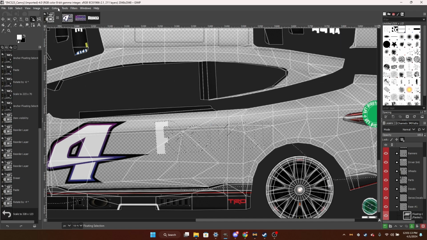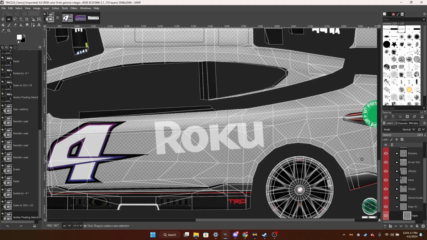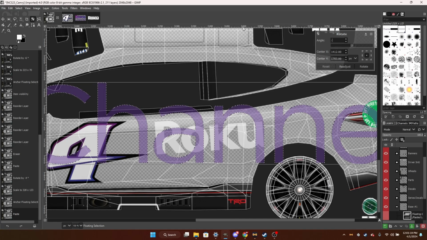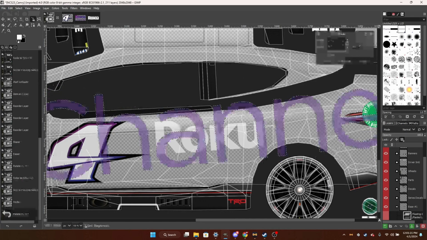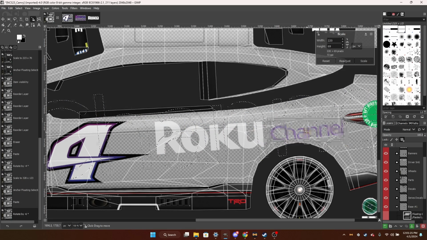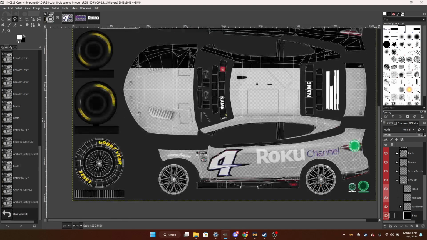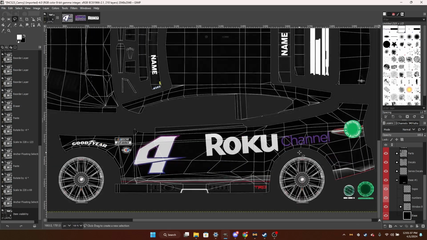Like so, much better. Copy this. There you go, much better. Now turn this layer on, and then there you go. So now, what I'm going to do